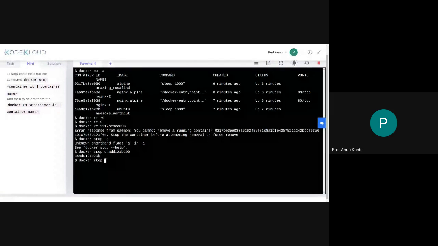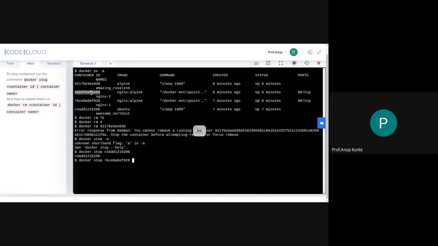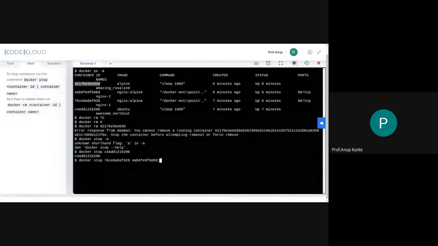Maybe I want to stop multiple containers at a time. So I'll just copy their names and place them one after the other, separated with space. So I'm trying to stop multiple containers using this command like this. I'm not stopping them all together deliberately, otherwise you would tell me there is a command that stops all at once. I just want to explore other ways of stopping things. So it just stopped two things together. See, and the third one also it will try to stop.